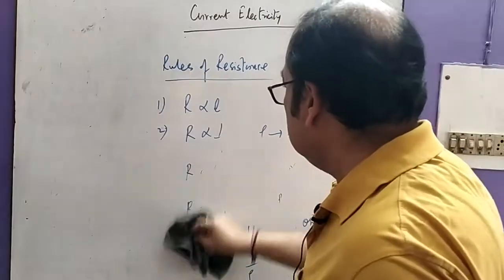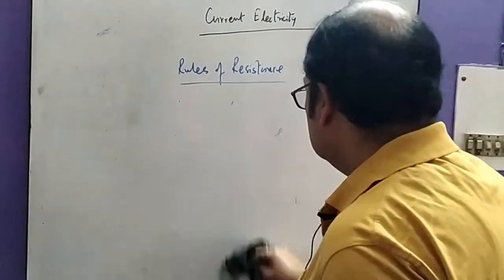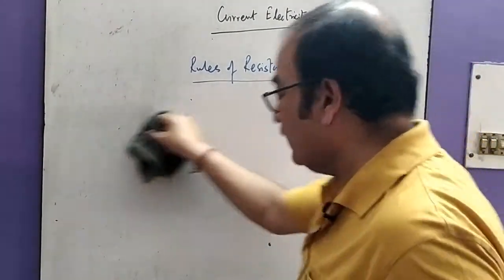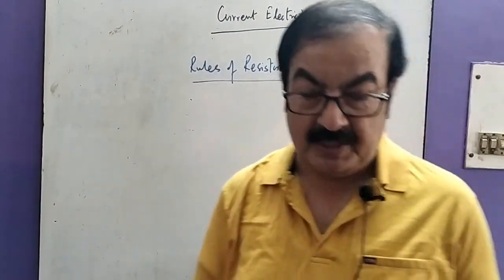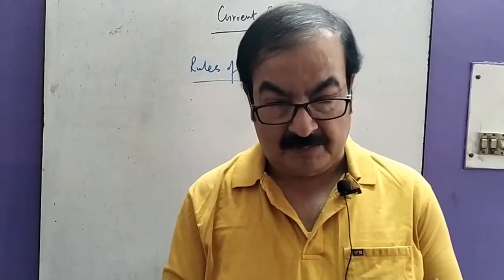While discussing resistivity and conductivity, we have to know that both are characteristic properties of the material of a conductor. Remember, it is a specific characteristic property of the material, which depends only on temperature and physical conditions. It does not depend on the length. It does not depend on the cross section area.